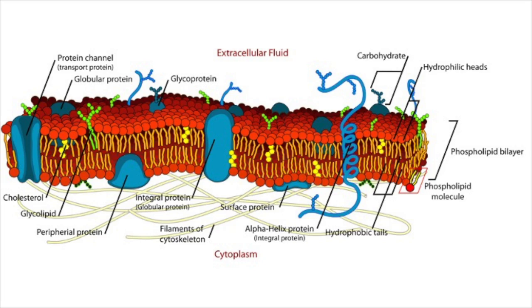Every cell needs a barrier to keep out what is supposed to stay out, to let in what is supposed to be let in, to keep in what's supposed to be kept in, and to let out what the cell doesn't want. Cell membranes serve as this boundary. This separation is absolutely crucial for a cell to remain functional and alive. I hope what you will see in this video is that cell membranes, even in the most basic life, are